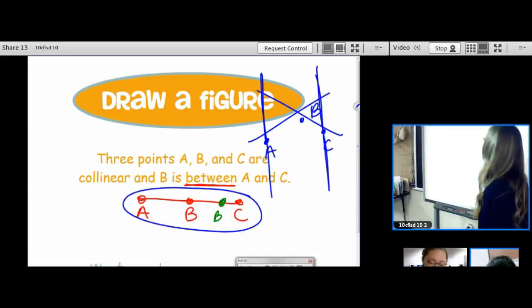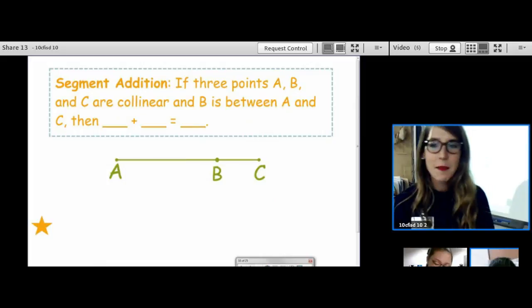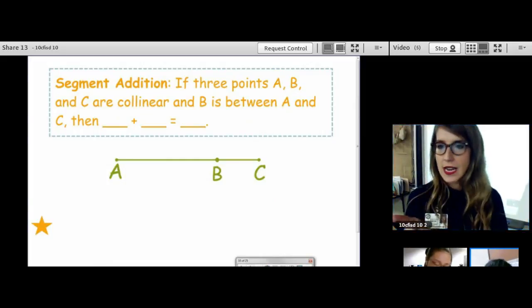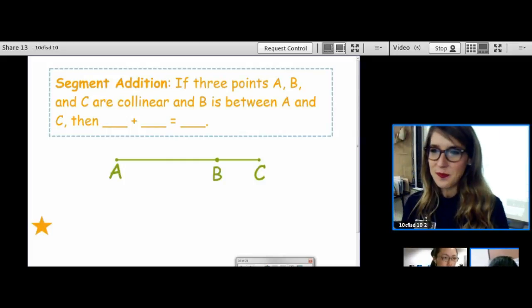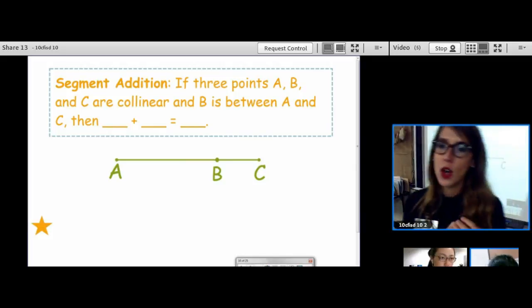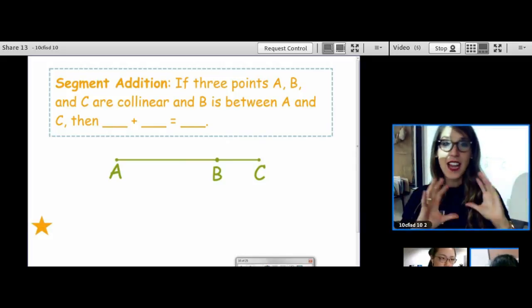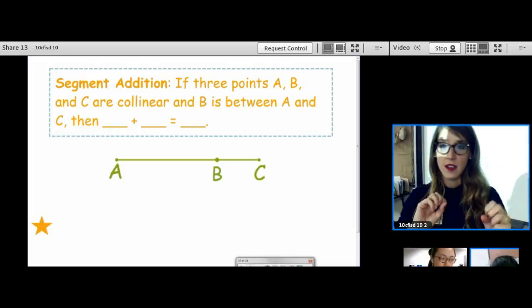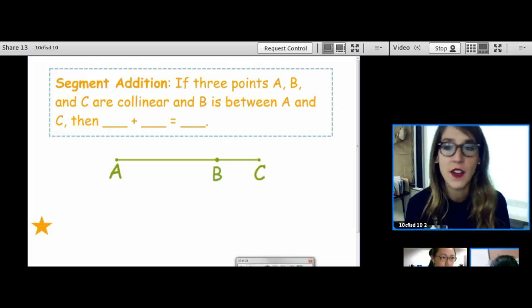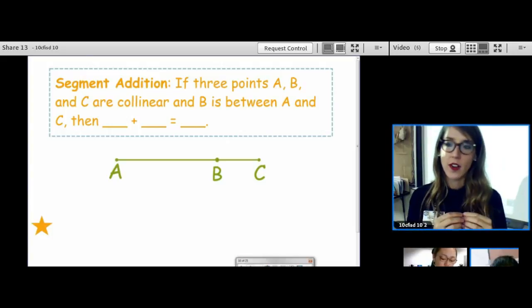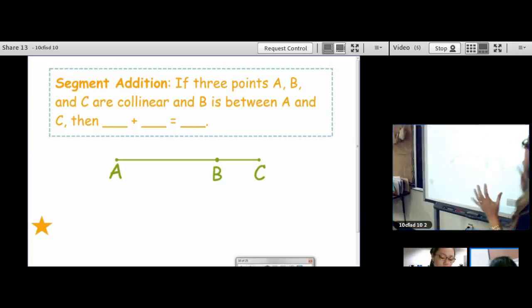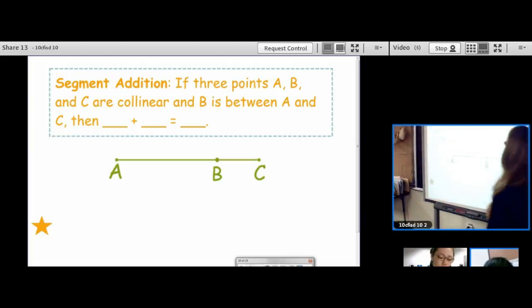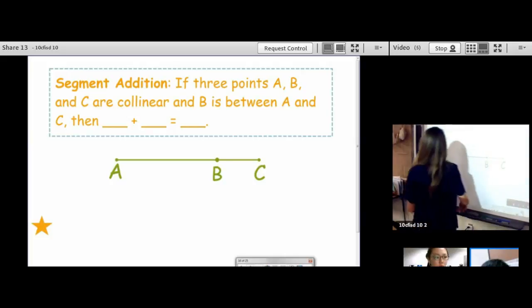All right, the next thing to put in your notes is what's called the segment addition postulate. Write it down and we'll fill in the blanks. Segment addition. Do y'all know what goes in those blanks? If three points A, B, and C are collinear, this is kind of like a conditional statement, an if and a then. This does not work if they're not collinear. They have to be collinear. That's an important building block of the segment addition postulate. If they're collinear and if B is between A and C, then